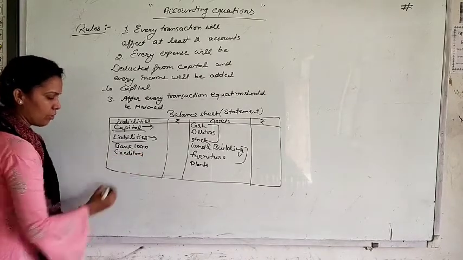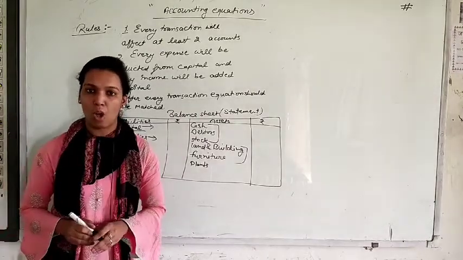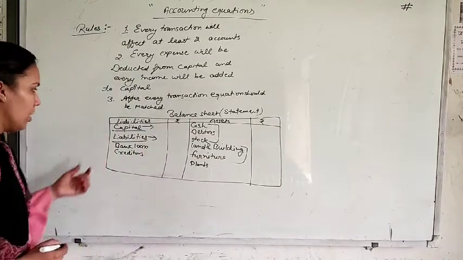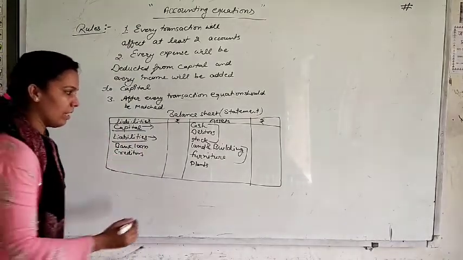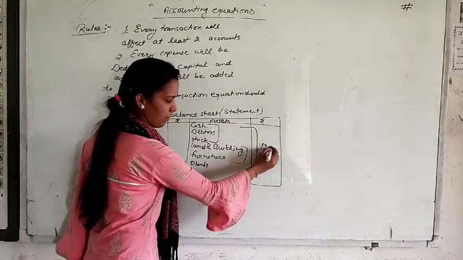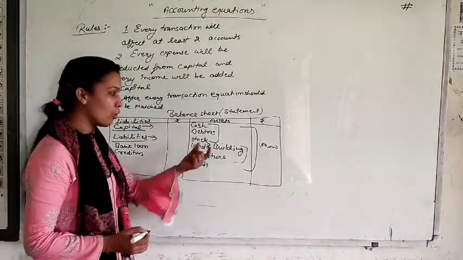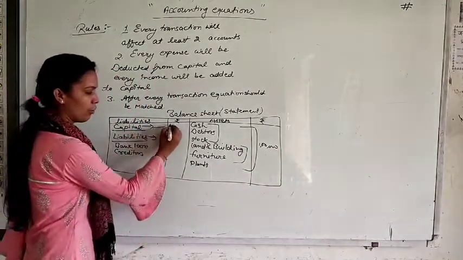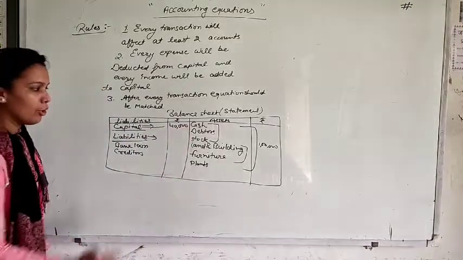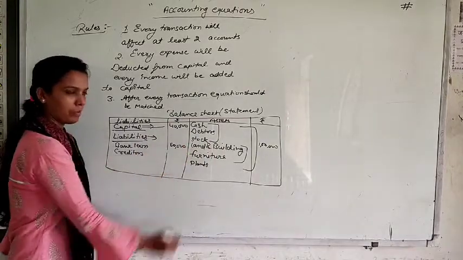Creditors are also part of outsider liability, because creditors give us stock, creditors give us goods. So creditors are also our outsider liability. Suppose your total assets are 1 lakh rupees, meaning you have assets in your business of 1 lakh rupees. Out of that, if you have invested your personal money, that is capital, 40,000, it means you have to borrow money from outsiders, that will be 60,000.